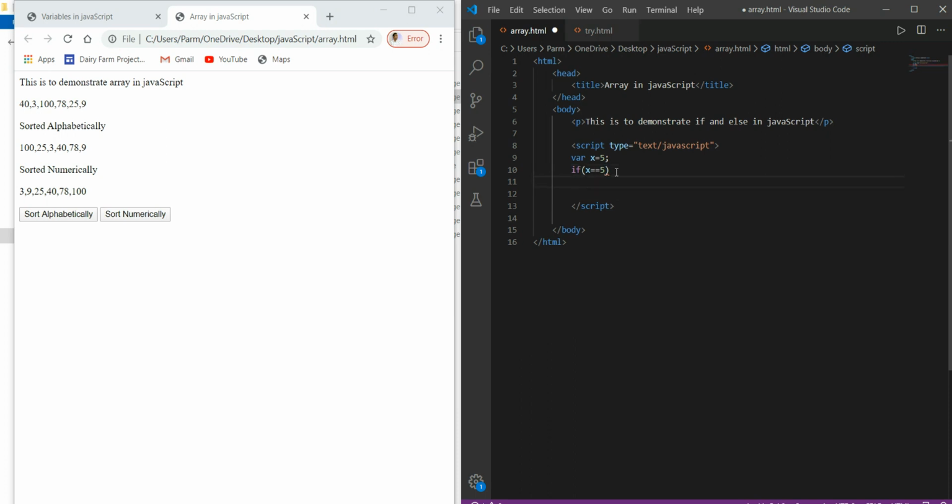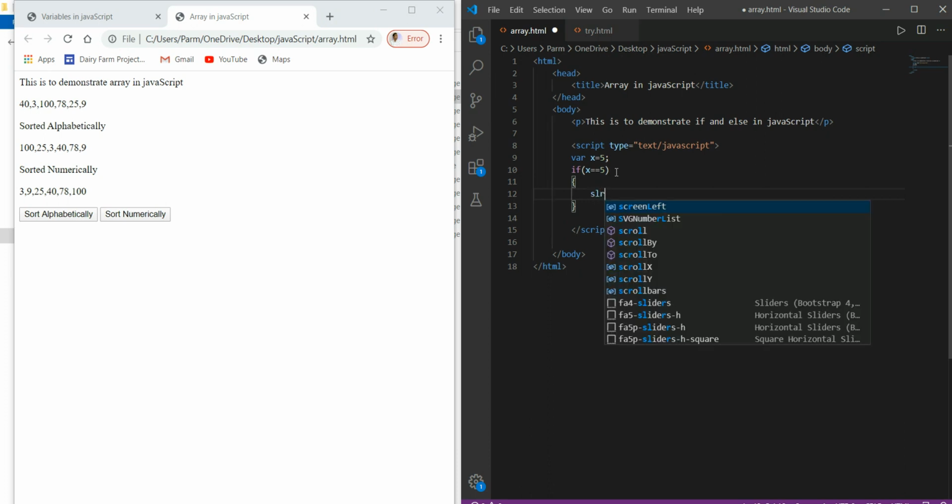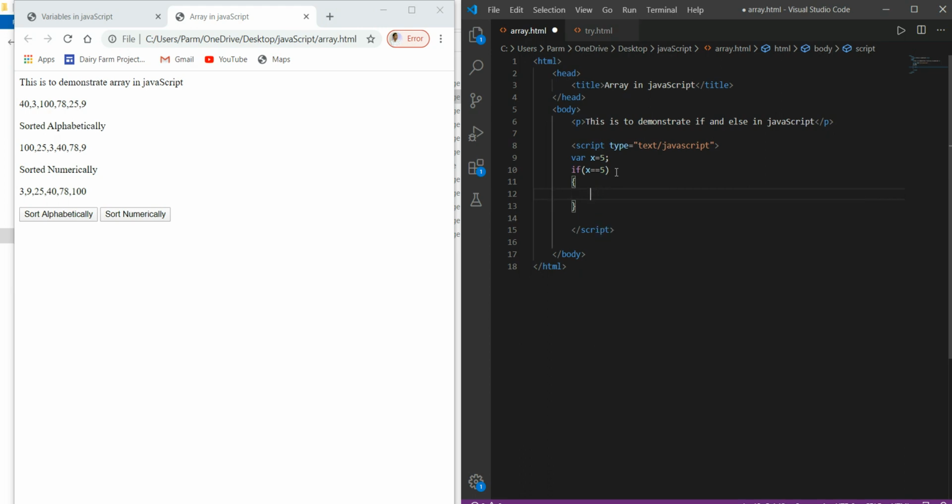Now we have to write the body for the if. So here we write alert, and in the alert I write correct.